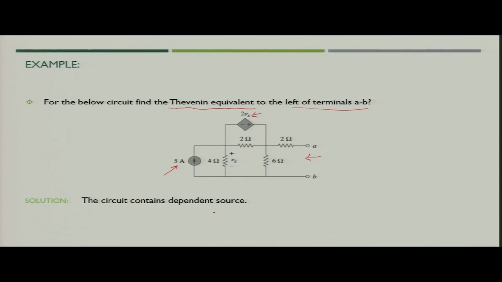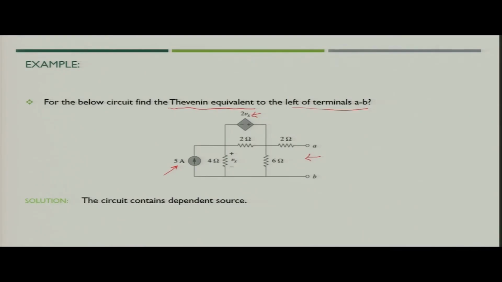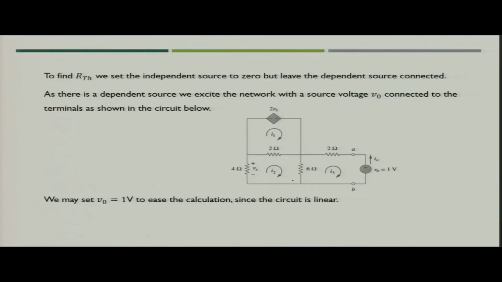Now, let us solve it. What we have to do first? First, we have to solve for RTH, that is Thevenin resistance. In that case, what we can do? We can remove all the independent sources. So, in this case, this is the independent source, and since this is a current source, you can make it open circuited. So, the resultant circuit would be like this, and what we need to do is that we need to add one voltage